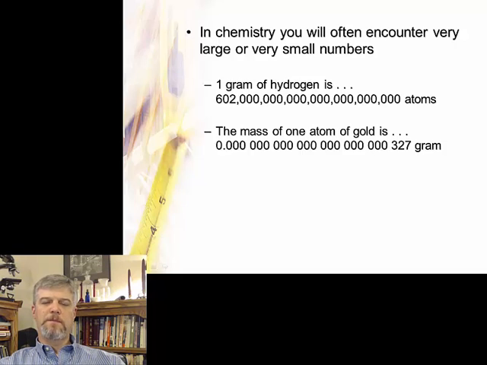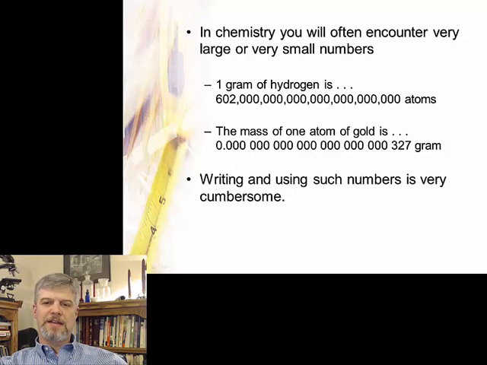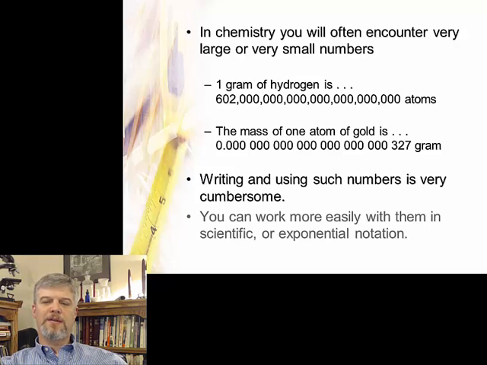And here we see the number of atoms in 1 gram of hydrogen, which is absolutely astonishingly enormous. Or the flip side, the mass of 1 atom of gold in grams, which has so many zeros after the decimal place before you get to anything that's not a zero that it just seems overwhelmingly small. So in both of these cases we wanted to use a technique that takes away the cumbersome nature of writing a number like that and write in something called scientific or exponential notation, which was developed to be able to handle these kinds of numbers